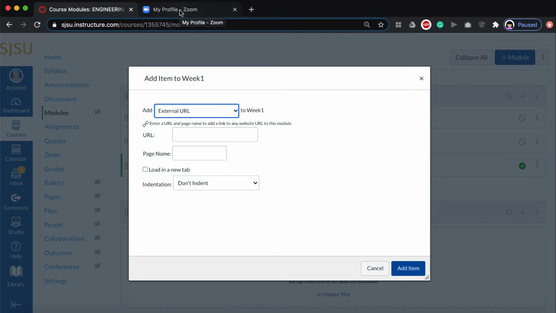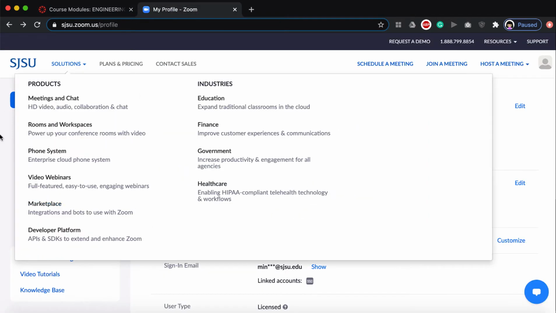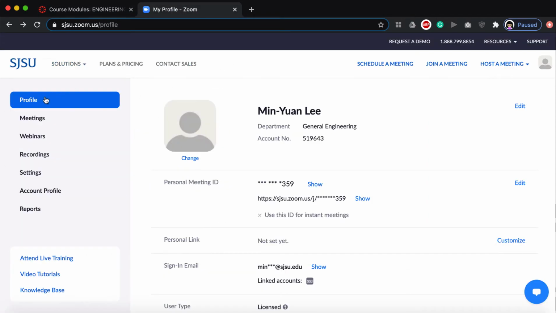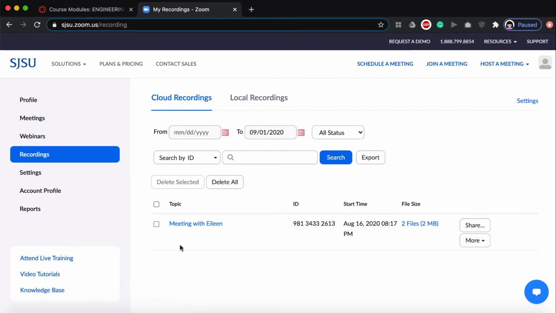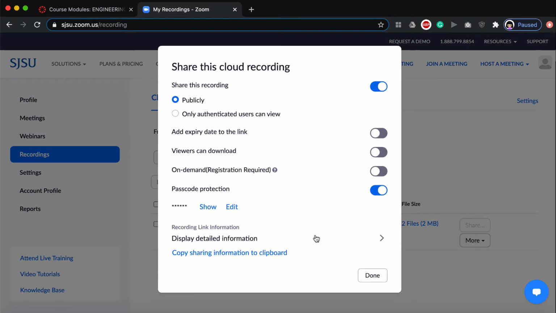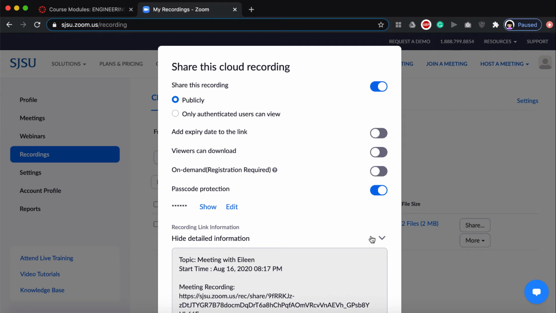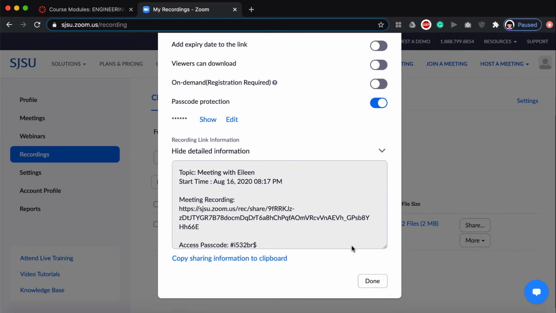So for example, I already have the lecture recorded via Zoom, so I can go to my Zoom profile and click recordings, and in your recordings you can click share and you can click display detail and copy the link here